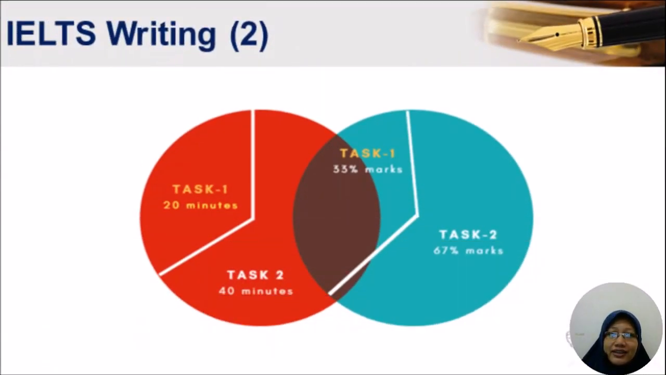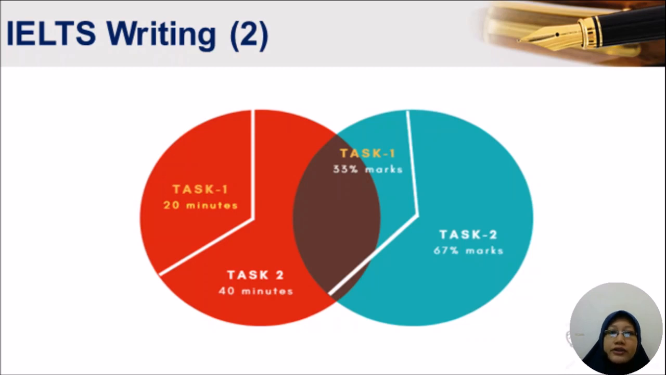And this is the chart to understand the IELTS writing test. The IELTS writing test is divided into 2 tasks. The first task is about 20 minutes, and the second task is about 40 minutes. So overall, the given time is 1 hour. And then this is the score for the IELTS writing test. The first task is about 33% of the marks, and the second task about